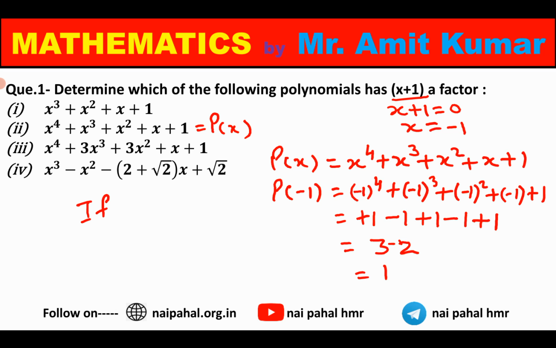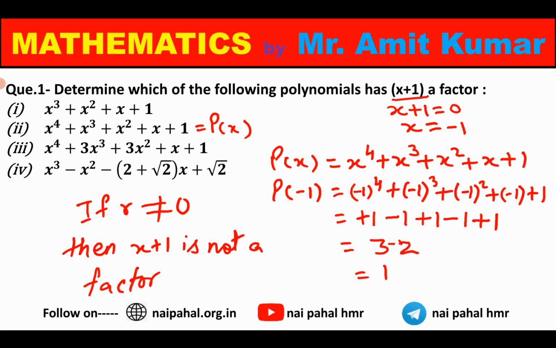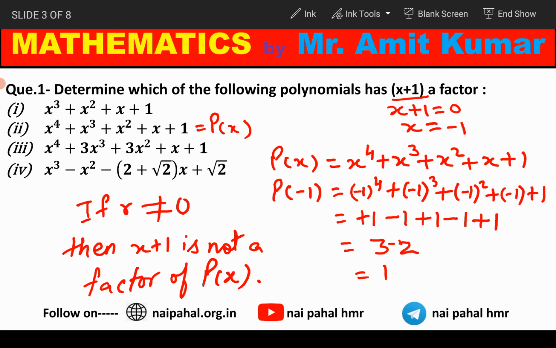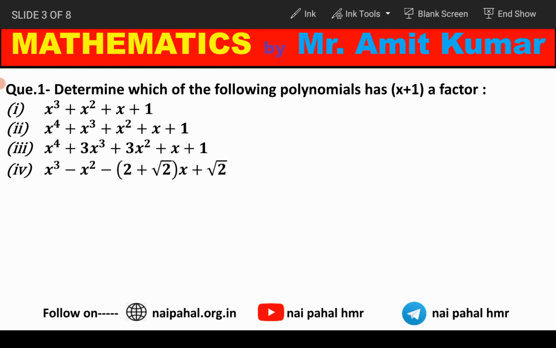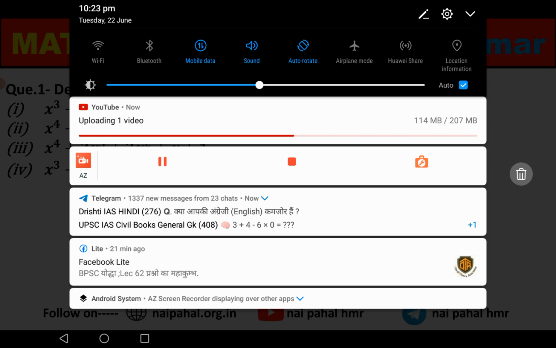If the remainder is not equal to 0, then x plus 1 is not a factor of p(x). So let's continue to the third part. This is the second part, where the third part is